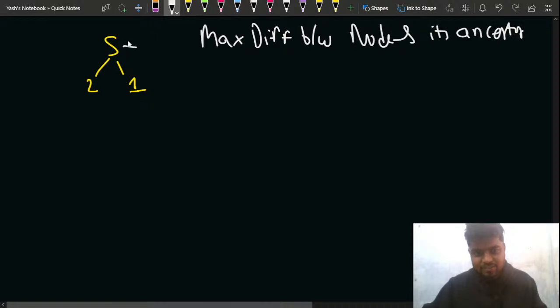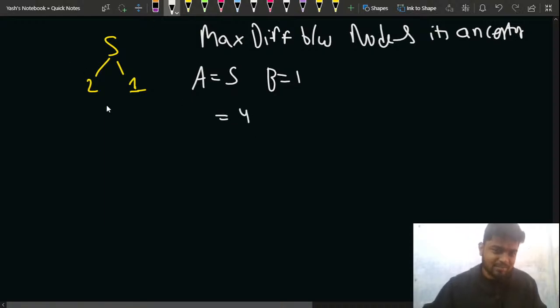A is equal to 5 and B is equal to 1, right? Let's say I'm looking at this. So what will happen in this case? You can see that the difference between the two is 4, right? What is the difference between this and this? 5 and 2. If A is 5 and B is 2, then the difference is 5 minus 2, that is